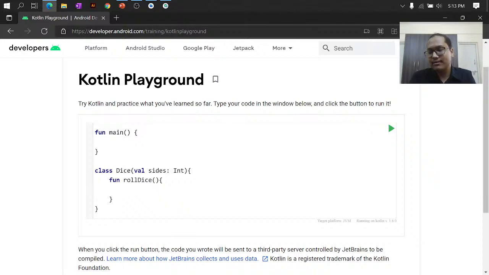So to generate a random number in Kotlin, it is very easy. We'll be using a data type called int range, right? So int range is a data type that